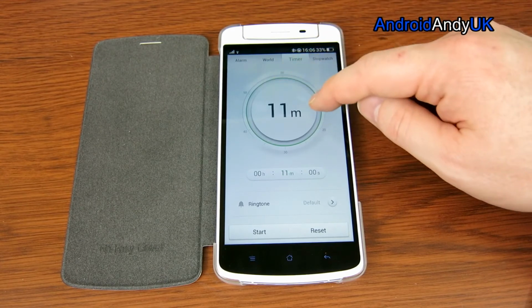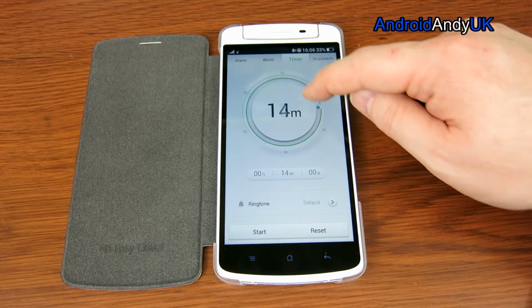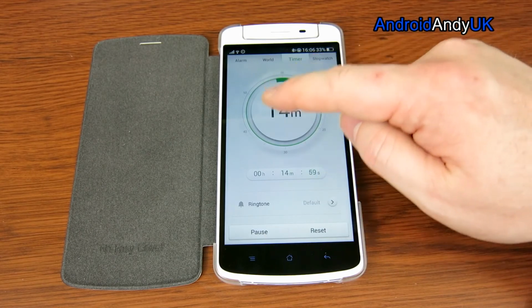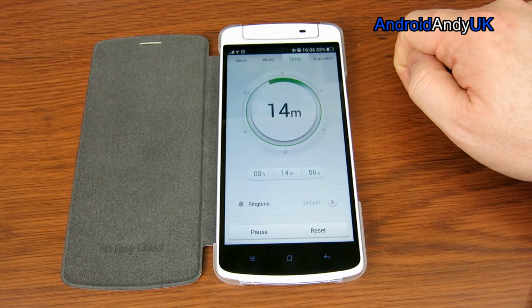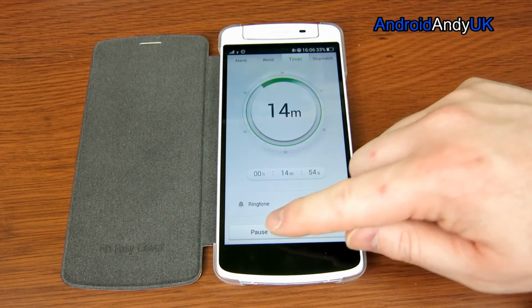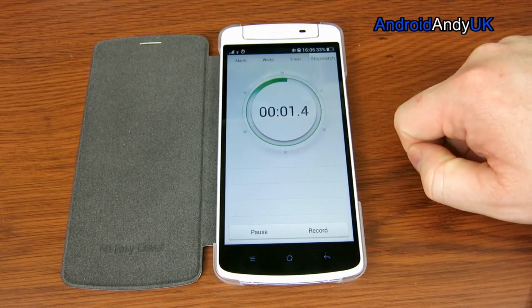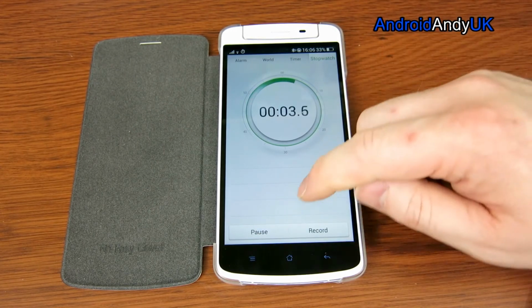The time is quite nice. I think they've nicked it from Timely, really. I don't know, maybe other people have done it before, where you slide it around. 15 minutes please start, and then you get this quite funky sort of effect going on there. And that, so it's all, I think it's nicely presented,